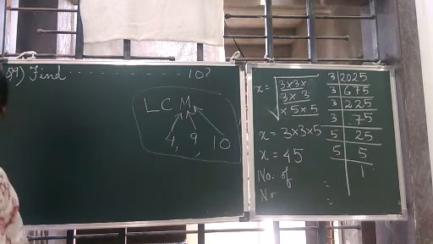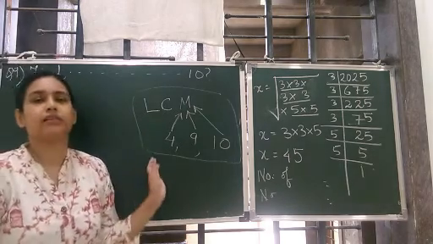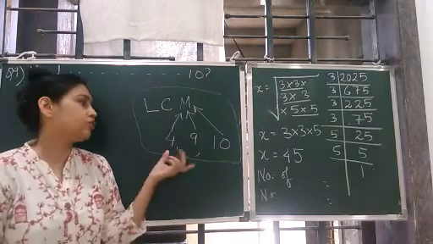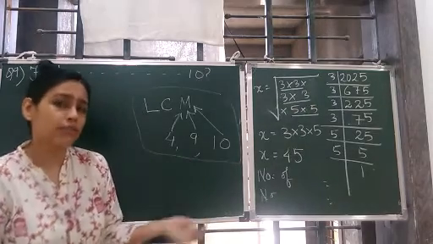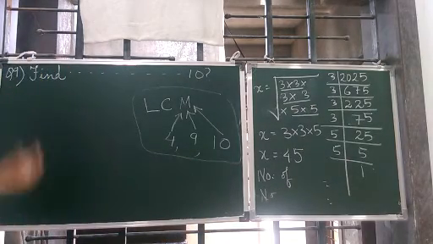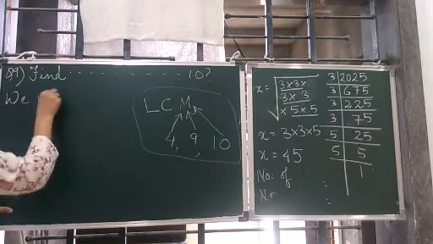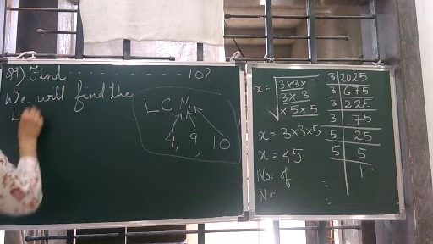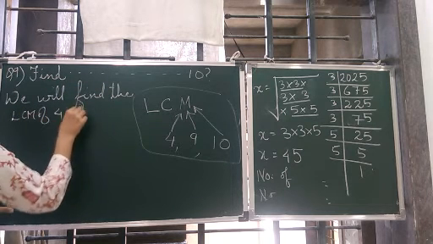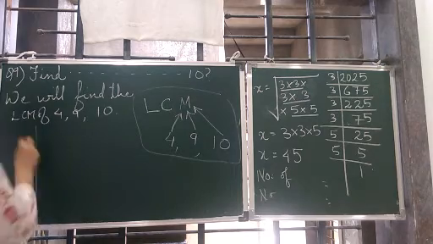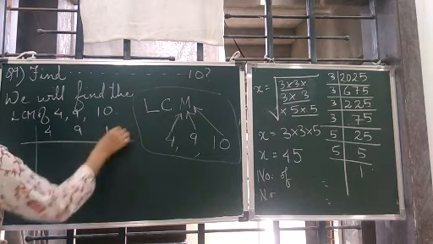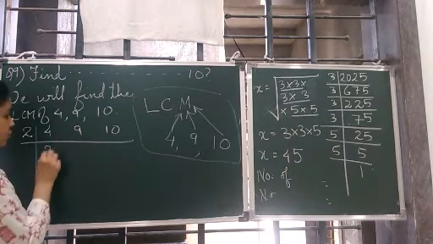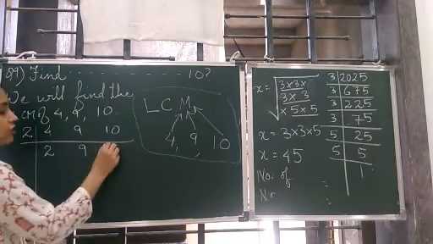Now it has to be a square number also. Square number also means whatever factors we are finding out, they have to come in pairs, okay. So first we find the LCM, then we make it a square number. Got it? So let's start with the LCM. We will find the LCM of 4, 9 and 10, and then we start together with 4, 9 and 10. So we start with the smallest number 2 because two numbers are even. 2 2s are 4, 9 remains 9, 2 5s are 10.